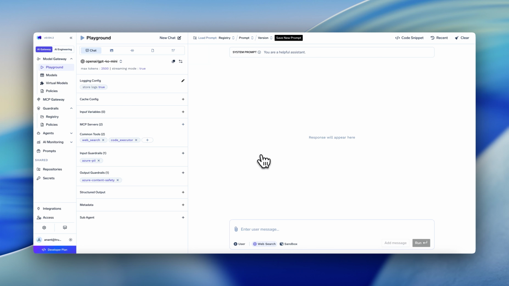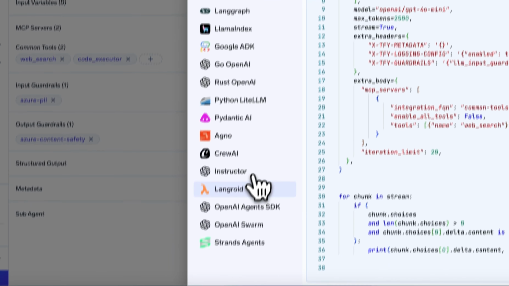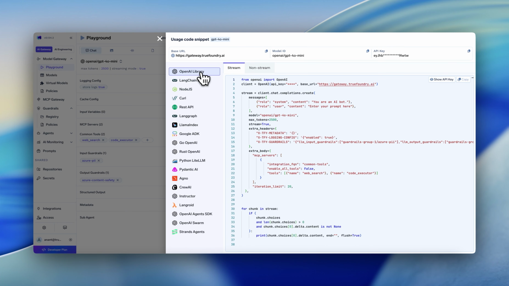Now the playground is not just a UI based approach. You can also see the code snippets across different frameworks to get started. You can see OpenAI, where you need three things: the base URL of the gateway, the model ID from the gateway, as well as the unique API key, which is the personal access token of the developer or user of